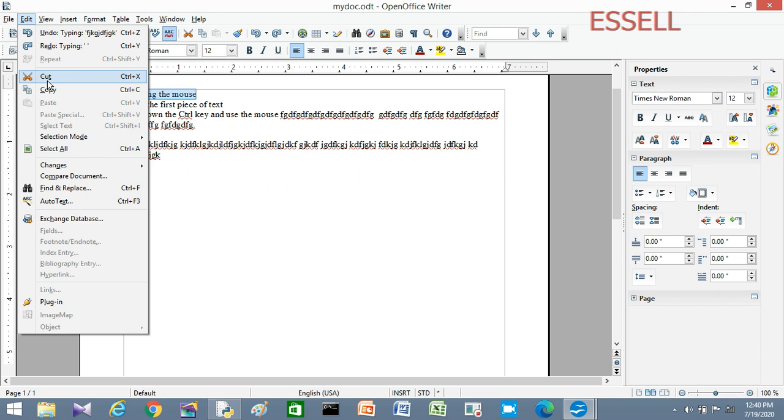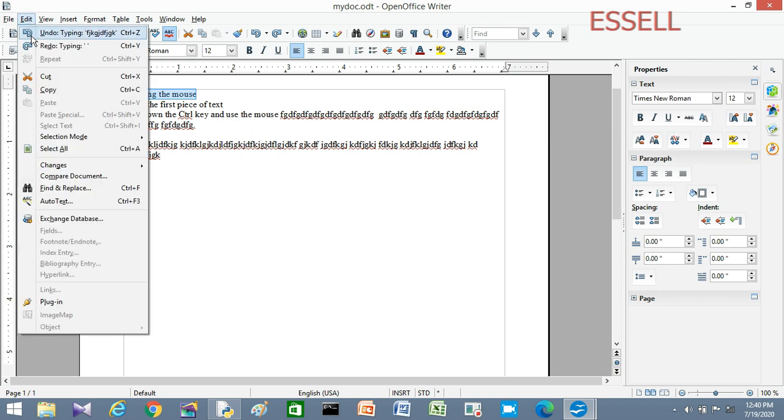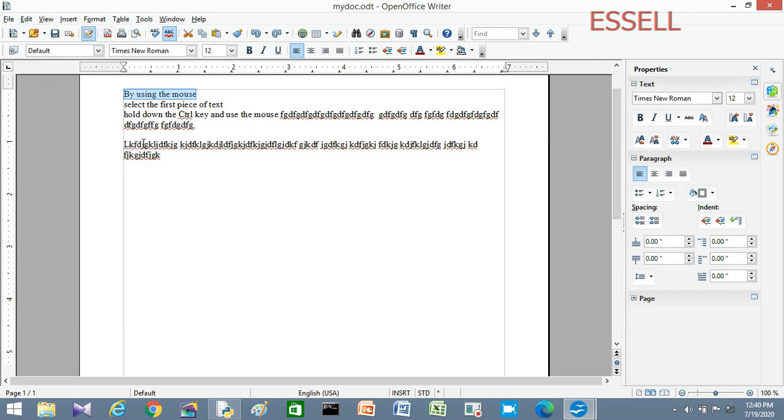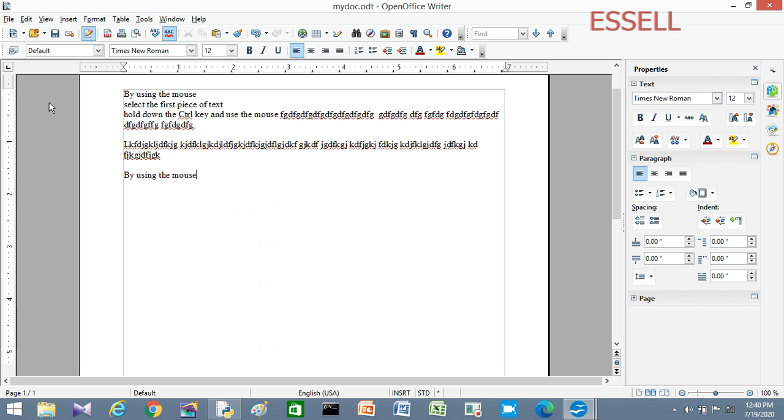Suppose I already selected this by using the mouse, so I use copy. Then I want to place this text at the end of the paragraph. I just use edit, paste. Therefore, we can take a copy by using the mouse and put it in another paragraph, another line, another area.